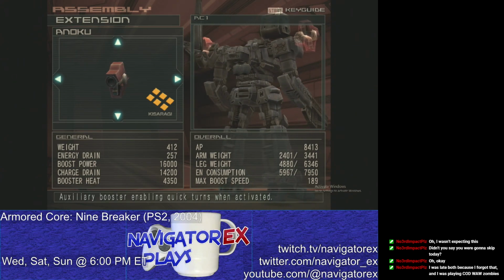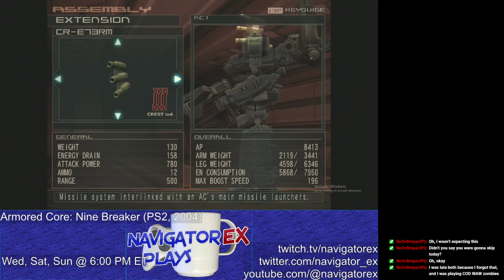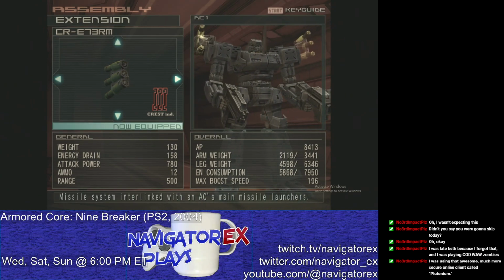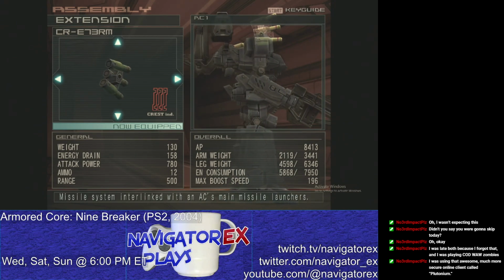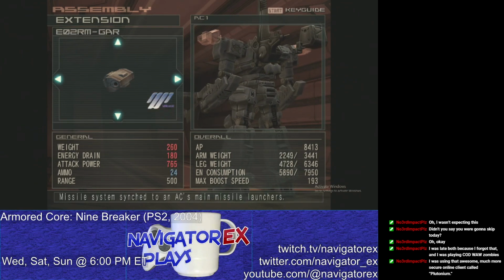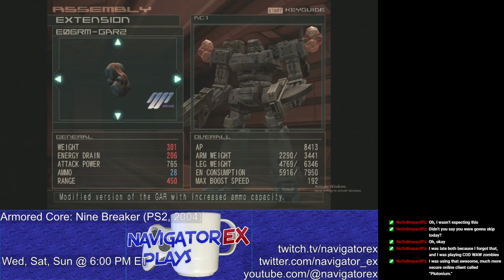Let's see. Anoku, auxiliary boost, turn booster, back booster, forward. Hover booster. I remember not really caring for that one. Okay. Co-missiles. Those I remember hurting. Plutonium. I've heard of that, but I know like nothing about it. Let's see, what is this? 24 missiles. Okay. A little more oomph to those, but I'll take this. Okay, yeah,